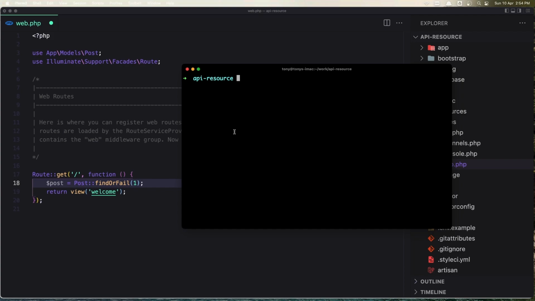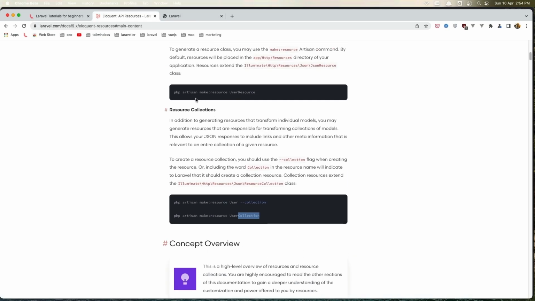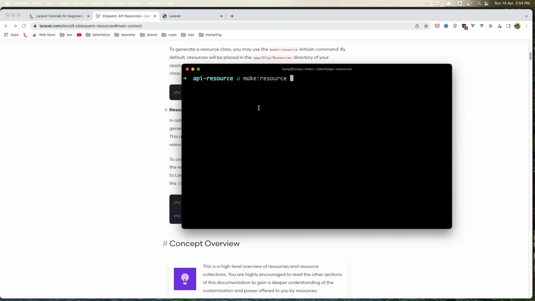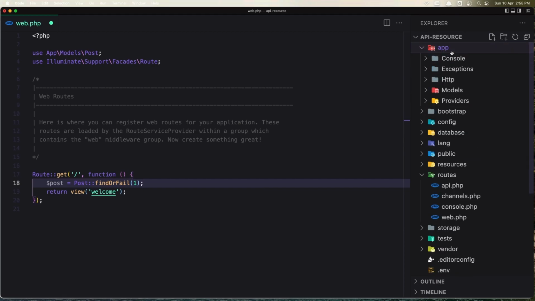So let's say artisan make:resource and the name of the resource, in this case PostResource. Hit enter. Okay, now the resource is created,